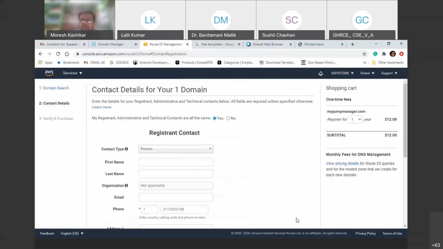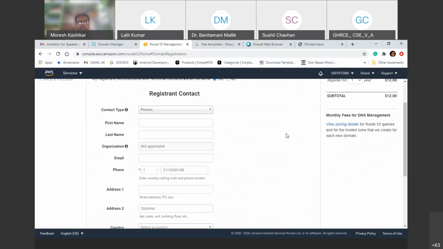Then here you have to enter your basic information, by what name you want to purchase it. I want to purchase it in the name of my company. I'll write here Quint Essential Informatics Systems. Then I'll put my name, Moresh Kashikar, name of organization, then email address, then extension, phone number. Please fill all details very correctly,